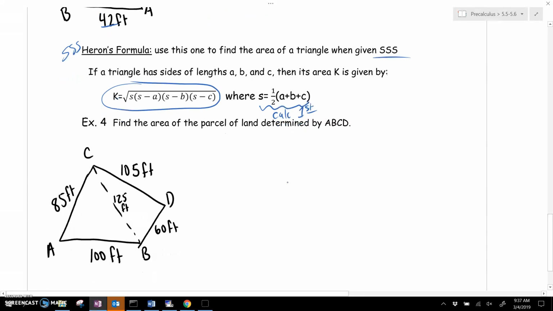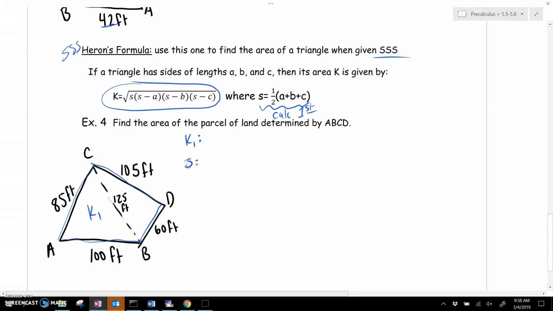So example 4 says find the area of the parcel of land determined by A, B, C, D. So again, this shape right here, this is a plot of land, and we're going to find the area of the whole thing. And you'll see in order to do that, I cut it into two triangles, both of which I know the three side lengths. Okay, so I'm going to actually do this twice. I'm going to call this triangle 1. So to find K1,